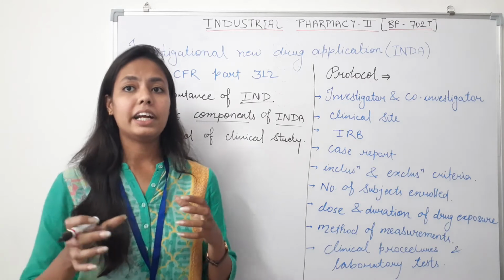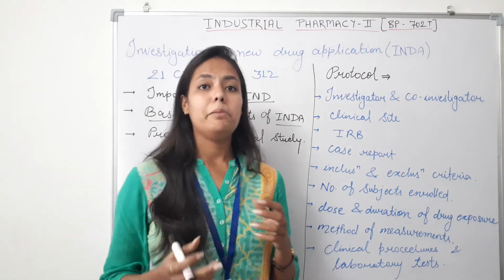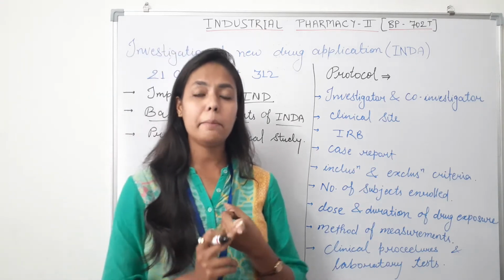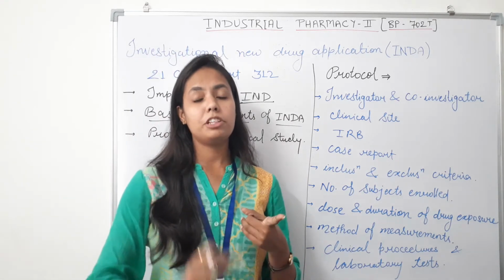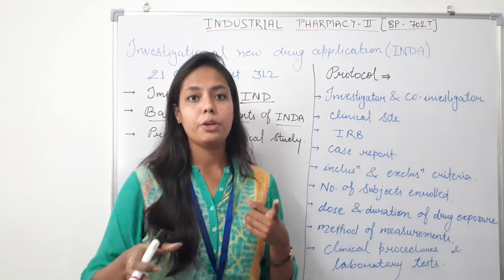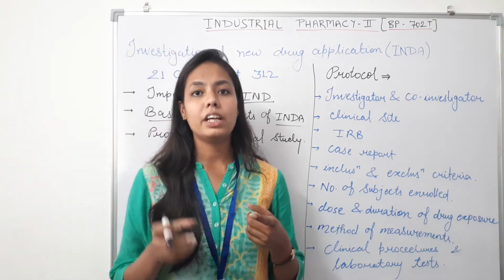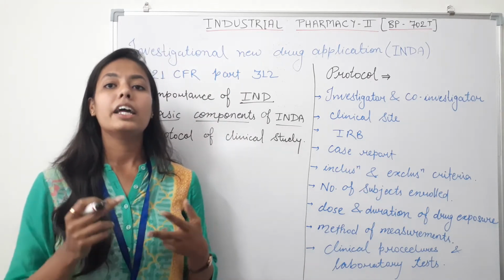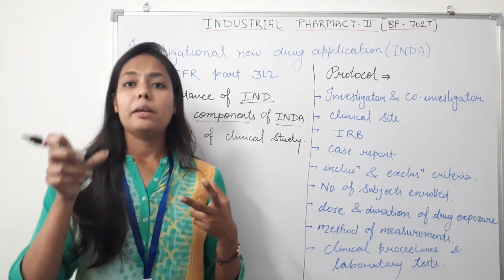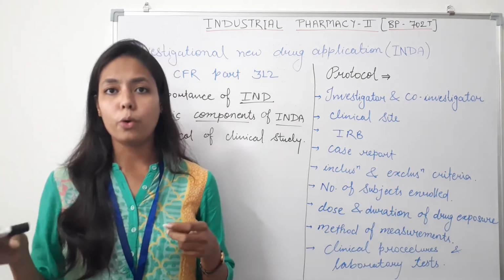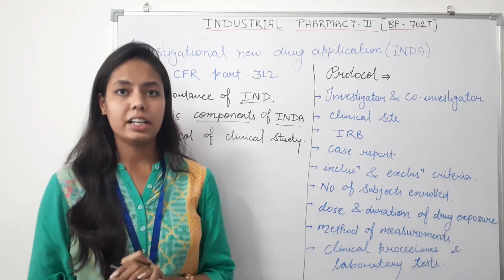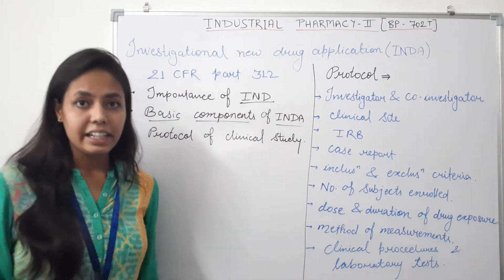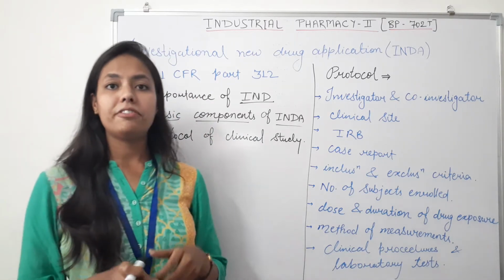That form contains various information: the name and address of the chief investigator, the name and code number of the protocol which will be followed during the investigational new drug application, the name and address of the research facility and any clinical labs, the name and address of the responsible IRB, that is Institutional Review Board, the names of sub-investigators, and a signed commitment by the investigator. So these are the various contents of form number 1572.